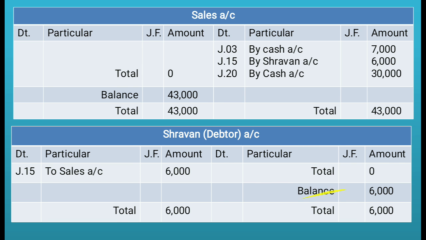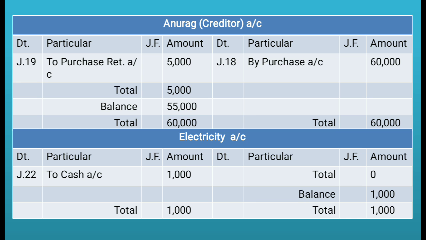So similarly, we have to prepare all the ledgers, like Anurag's. In Anurag's account, there was 60,000 on the credit side. There was only 5,000 on the debit side. So that's why the total of the credit side is 60,000, but the total of the debit side is 5,000 and the balancing figure is 55,000. If we are talking about electricity, all the expenses having a debit balance, it means